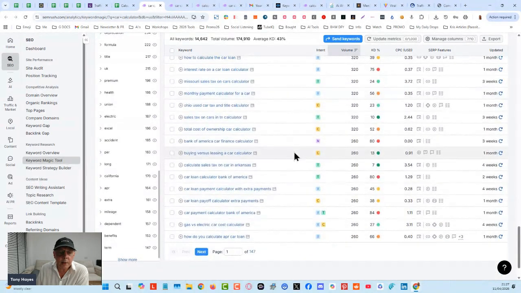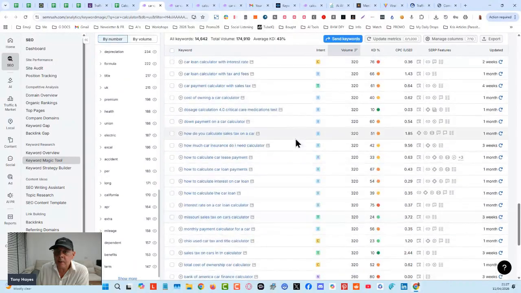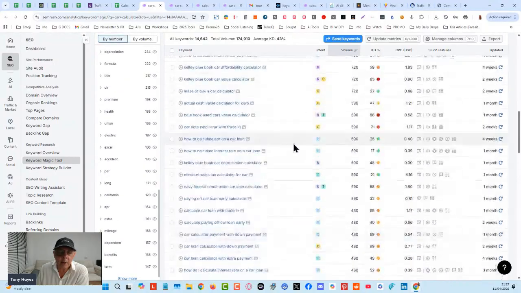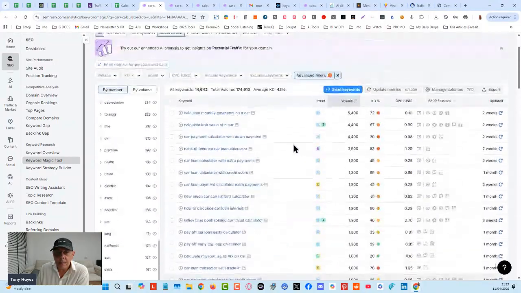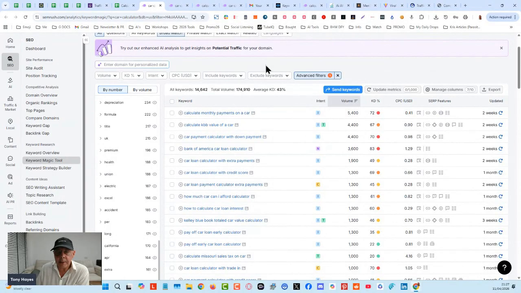Like how much is sales tax going to be for buying a car in Texas, and how much is whatever tax for all these different locations. If you build a website like that, I guarantee you're going to have a whole bunch of little tools, little calculators just waiting for that traffic, okay? And that traffic is searching, and you are well in the game if you've got a lot of these. You put them together, okay?